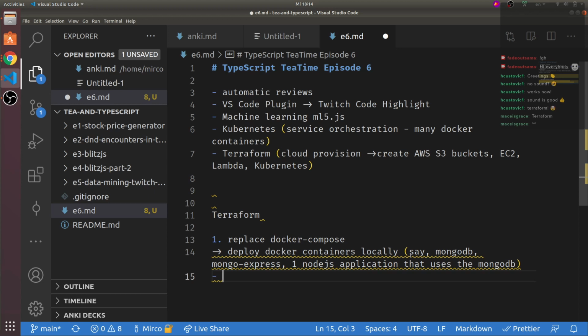Other than that, we can try to do an AWS, first EC2 and then upgrade to an AWS S3 bucket and do that automatically.